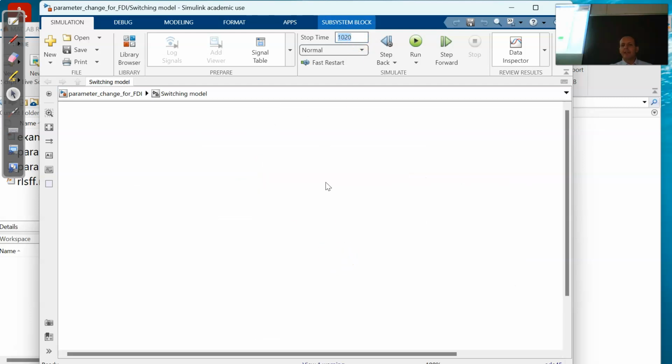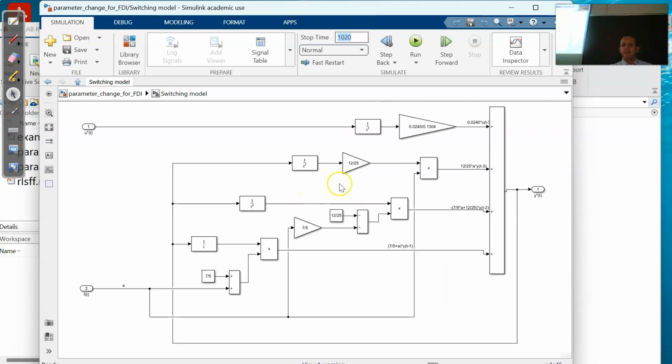So the switching model is hidden in this system. Just to remind you, it is the implementation as a difference equation of a dynamic system. The problem is that when you have changing parameters, you cannot use the transfer function block, because the transfer function block normally assumes that the parameters are fixed, so you cannot change it. So if you want to implement, at least in a classical way, a linear time varying system, you need to design or represent it as a difference equation,